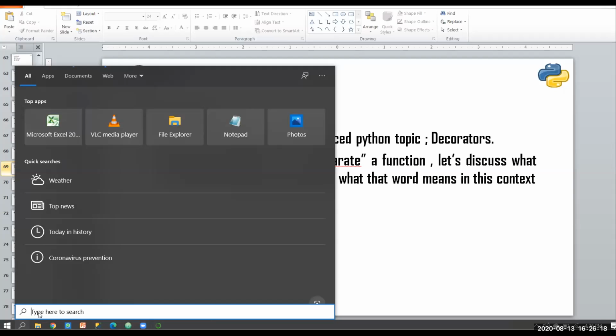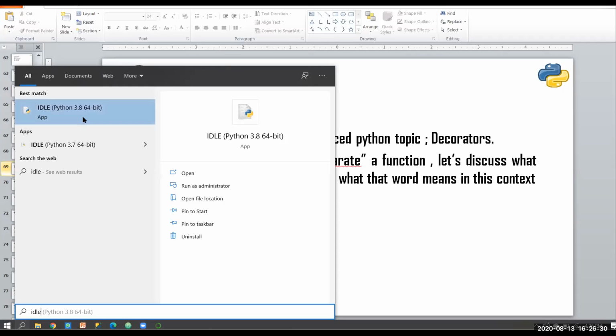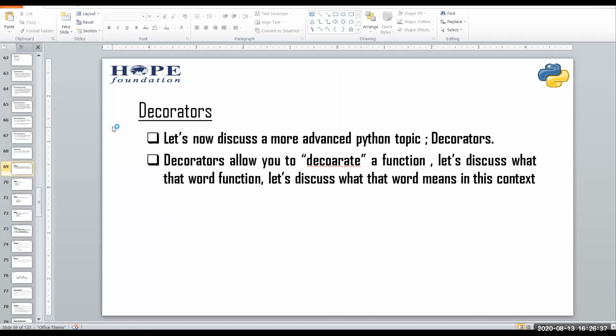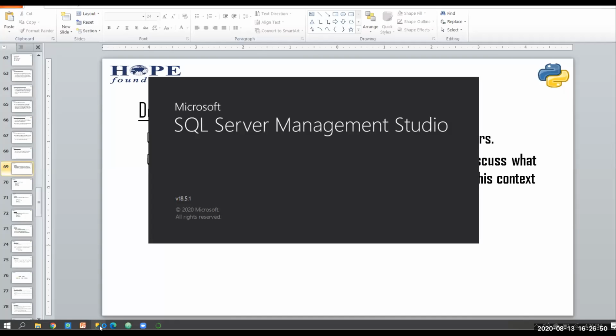If you run it in Jupyter, it hangs or takes so much time to run. So I'm gonna open the IDE, and also the SQL Server Management Studio.